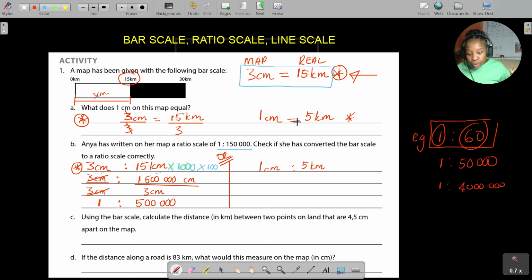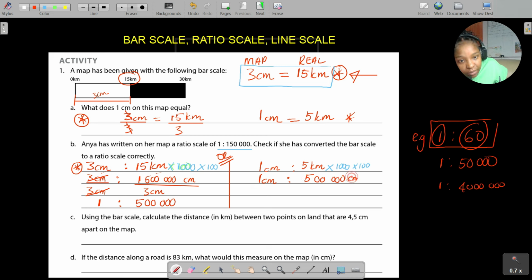Again, we want our units to be the same. So for our units to be the same, what needs to happen? We need to convert either centimeters to kilometers or kilometers to centimeters. So I'm going to convert my kilometers to centimeters. So what do I need to do here? I'm just going to multiply by 1,000, multiply by 100. That's just us converting kilometers to centimeters. If you don't know what I'm doing, please just have a look at my conversion video tutorials so that you understand what's happening. So from there, okay, 5 kilometers multiplied by 1,000 multiplied by 100, it's still giving us the same thing,